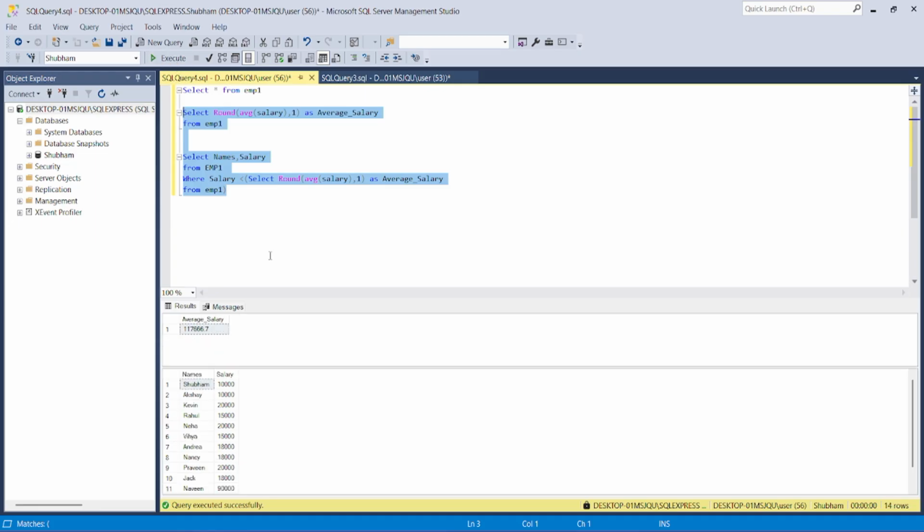So our average salary is 1,17,666. If I talk about this first record, the Shubham candidate's salary is 10,000, which is less than this average salary number. Similarly, if you take any of the records, the salary is less than this average salary. And now, if you want to cross check those records whose salary is greater than this average salary,